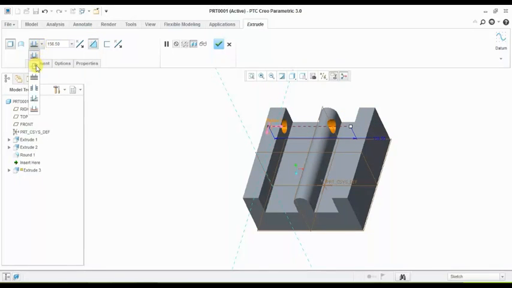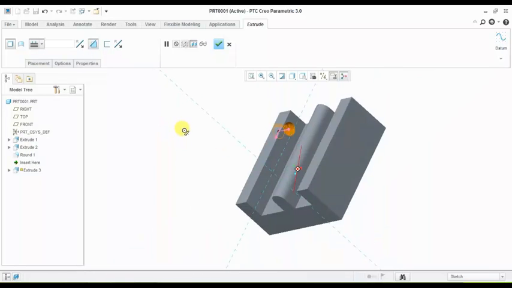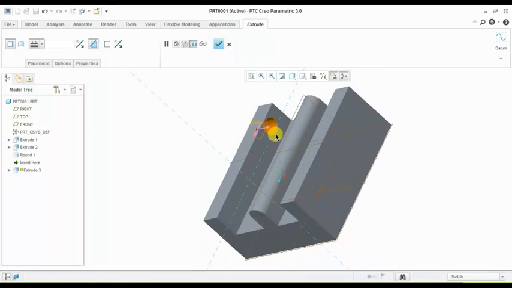Second is symmetric. I explained earlier, same in both directions. This is the up to next surface option: select this, and it is extruded up to the next surface. You can easily see this is up to this surface, or remove, then up to remove this surface.